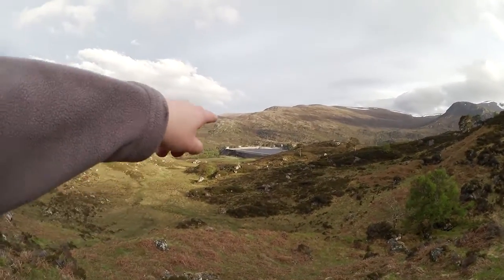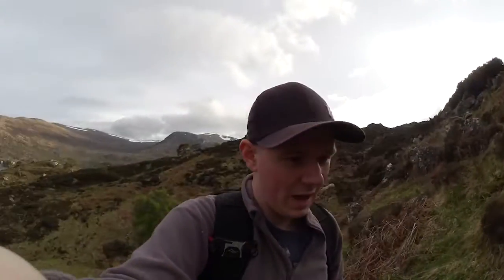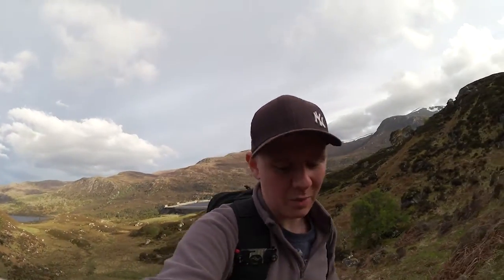It's quite cool because just over there is a big hydroelectric dam, and it's full right now. When the water's low, it doesn't actually look great, but